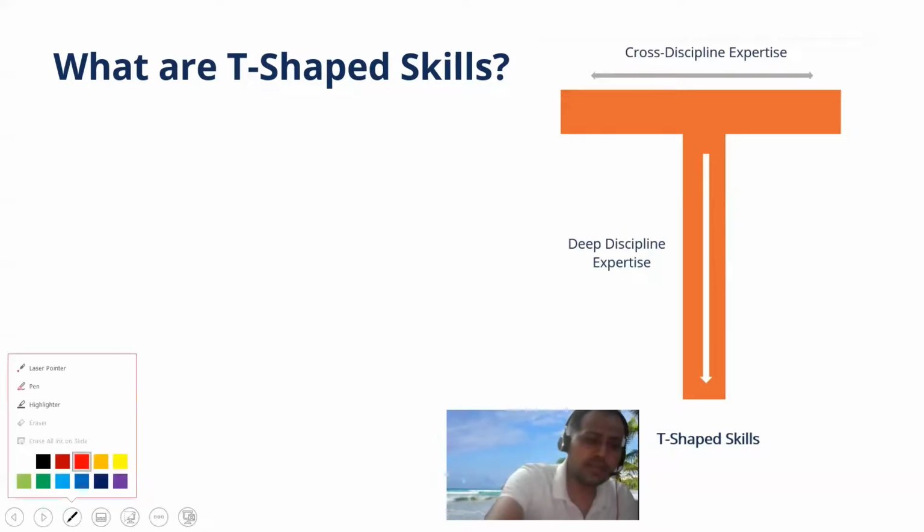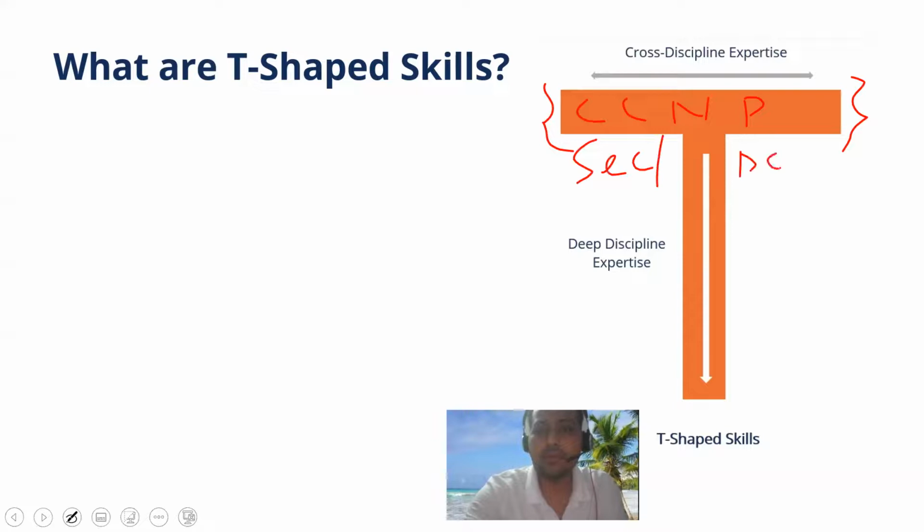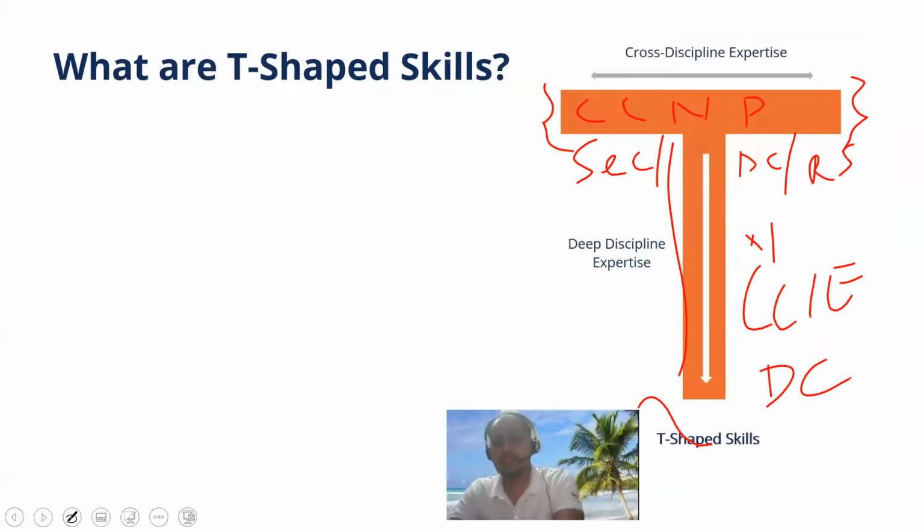What I'm telling here is that it is important that you have CCNP level knowledge in other areas, like you are good in security, you are good in data center, you are good in routing, switching, etc. That means you are good across the platform, and in one area you have done your CCIE. For example, if you have CCIE in data center, you are very good in data center technologies, like how Nexus switches and storage switches work, the compute, the overall fabric, the extension of DC, security, virtualization. Those things you are very good and comfortable with.